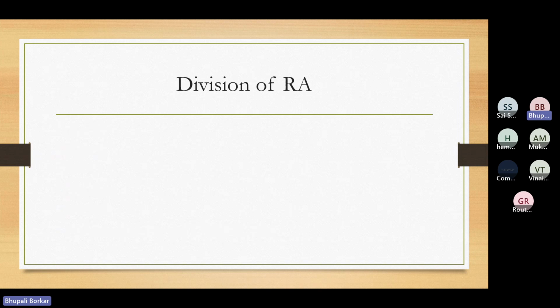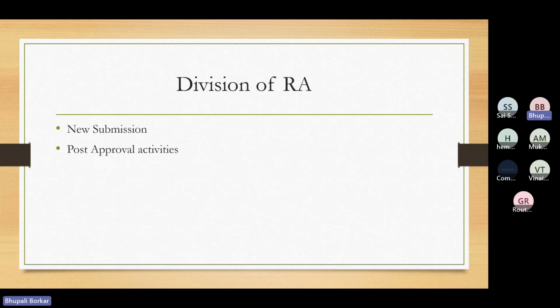Now, the division of RA. I have divided it into 2 parts. One is new submission, the other one is post-approval activity. See, when there is an innovation of a product, you have 10 years of data exclusivity right held by the owner of that particular molecule. After that, it is taken up by other countries as a generic product. And the countries which take it as their generic product start preparing their own dossiers beforehand, before the data exclusivity right gets over, so that they can immediately market their product in that particular region.